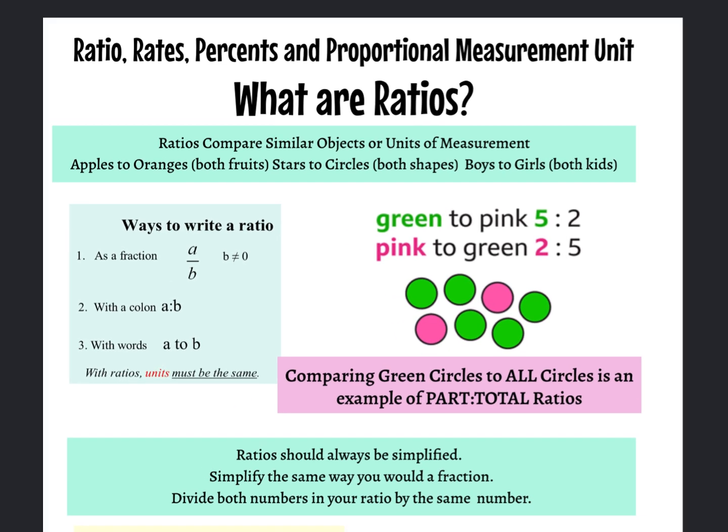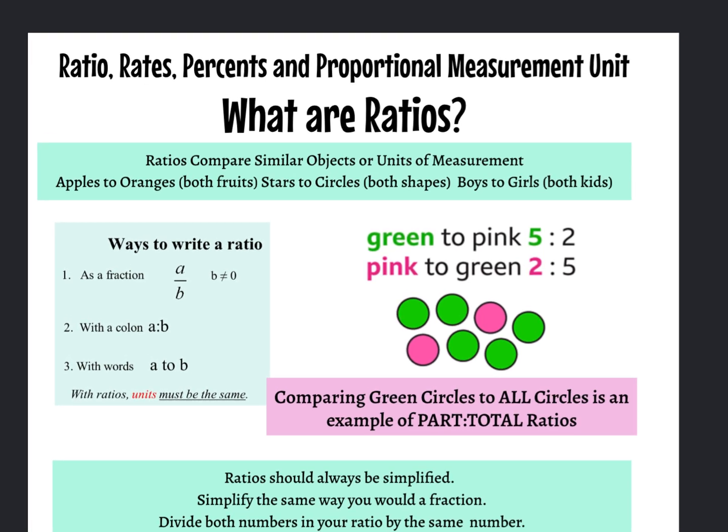So in general, when you look at this, it says ratios compare similar objects or units of measurement. Apples to oranges are both fruits. Stars to circles would be shapes. Boys to girls could be the fact that they're both kids, right? You could say Porsches to Corvettes, right? They're both cars. Pencils to markers. They're both writing utensils, okay? Somehow they could kind of fit in the same category. So that's what a ratio is. You're comparing similar objects, or in another way, you're comparing things that could be considered a similar unit of measurement,